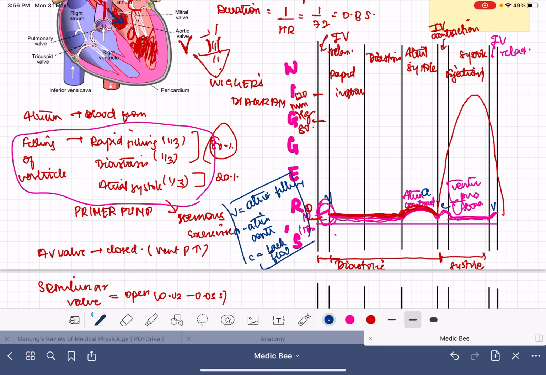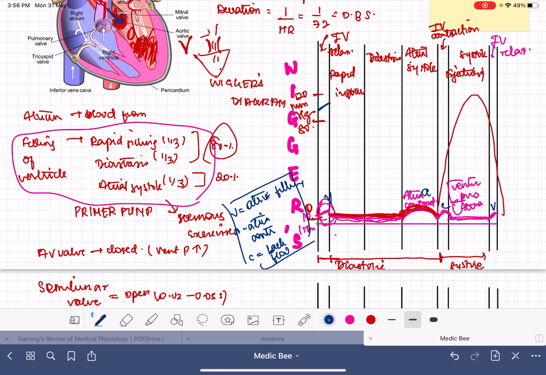Aortic pressure will generally be between 80 and 120 millimeters of mercury, because 80 is the diastolic pressure and the systolic pressure is 120 millimeters. So when the rapid inflow is happening, the pressure in the aorta will be a little around 120, because just before this the ventricles tried to push blood into it, so the pressure will not be 120, but a little below it.